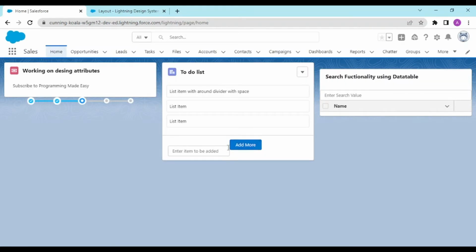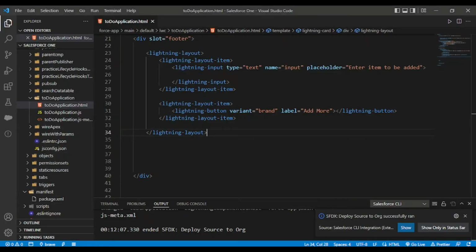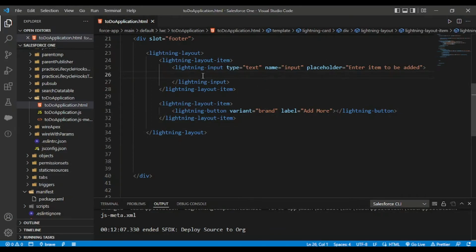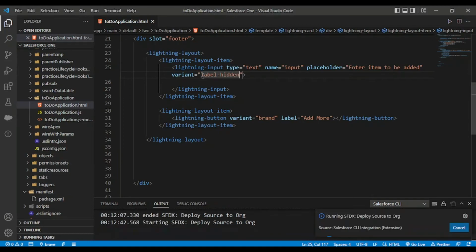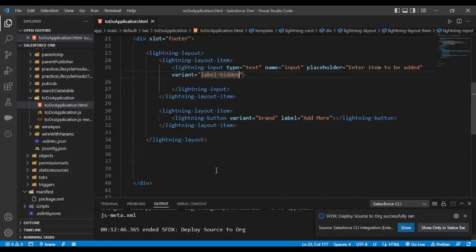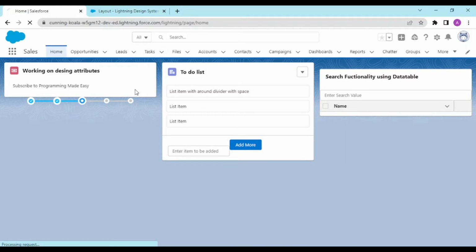What we could see here is, guys, see, this is somewhat disaligned. So what you could do in here is, since this lightning input field comes with a placeholder as well as a label, what you could be doing is variant would be equal to label hidden. And now if you deploy this to org, what you would see in here is,